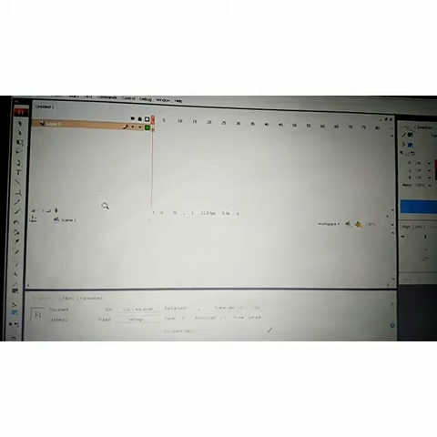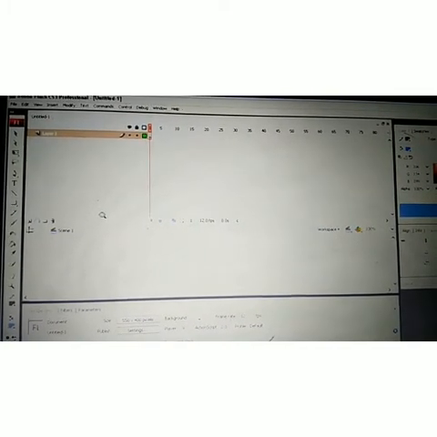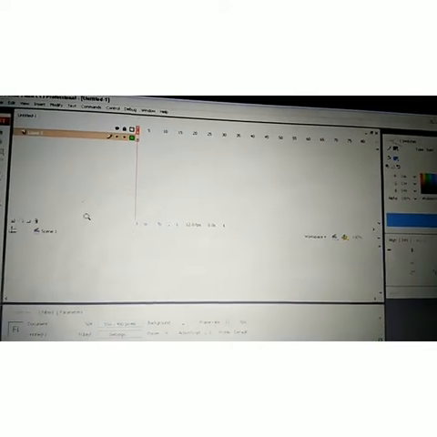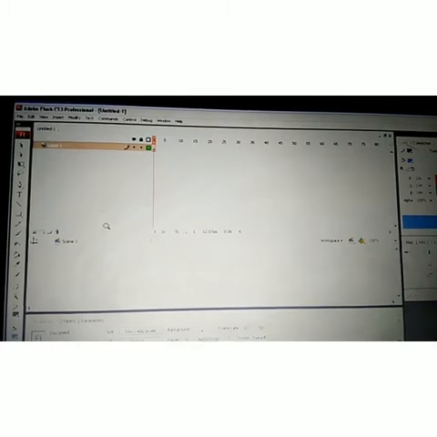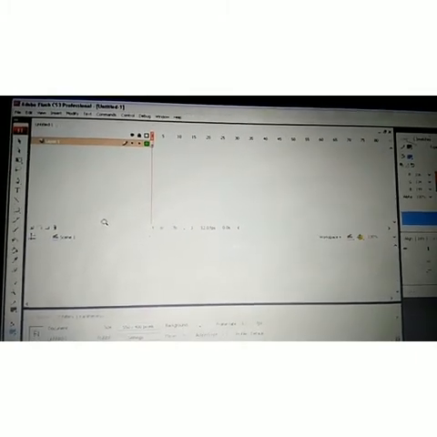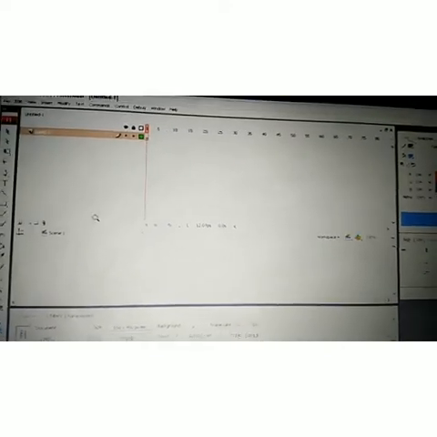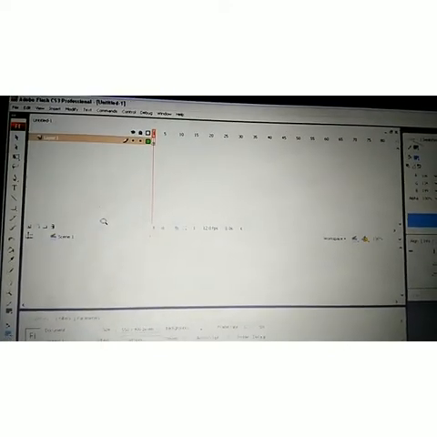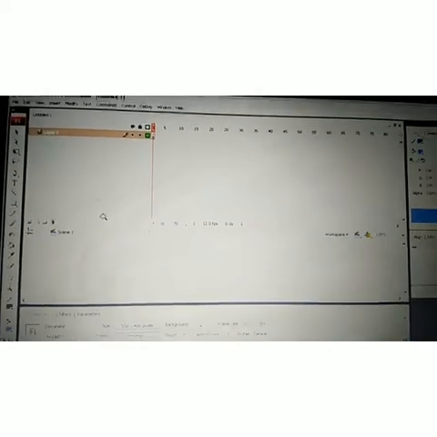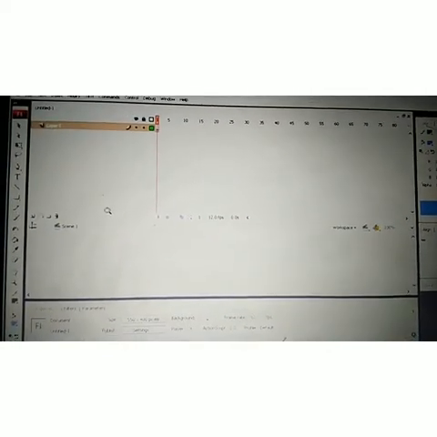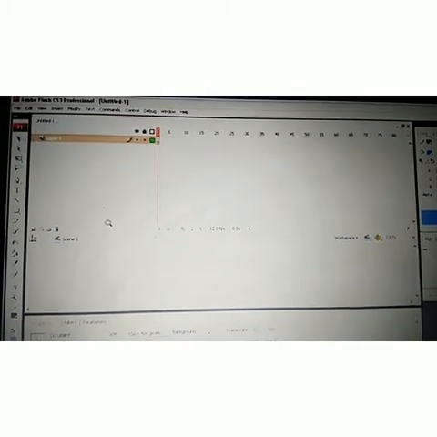In this layer we can put anything we choose, and secondly at the bottom side we can see the scene. We can create any type of image, and you can see the size, background also, and the tools available in your Flash CS3.